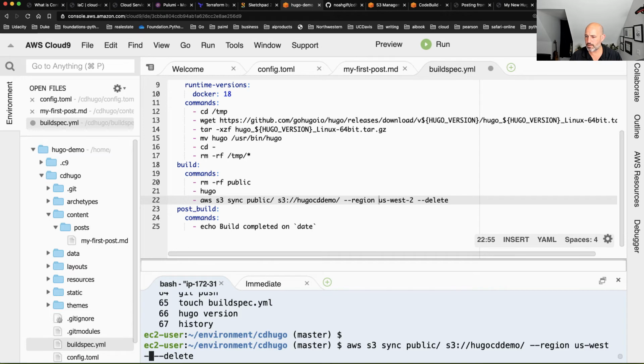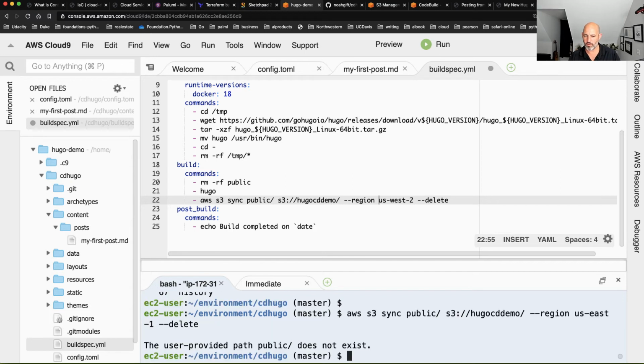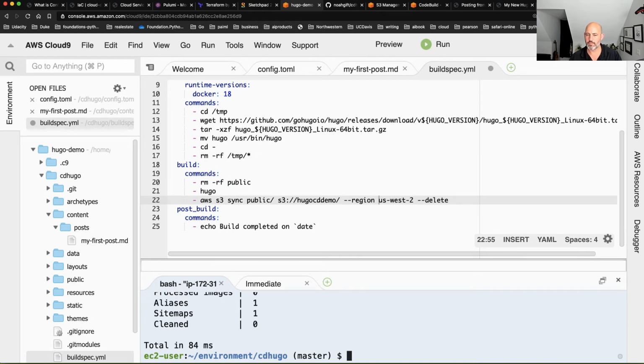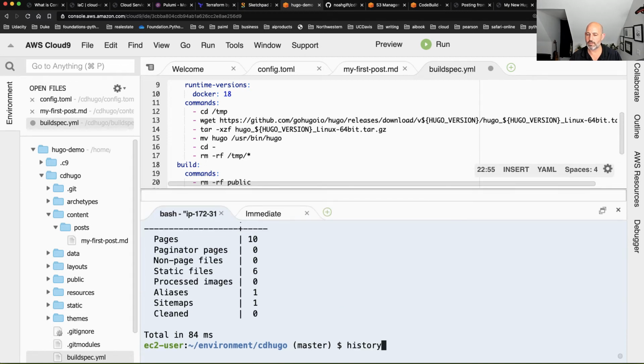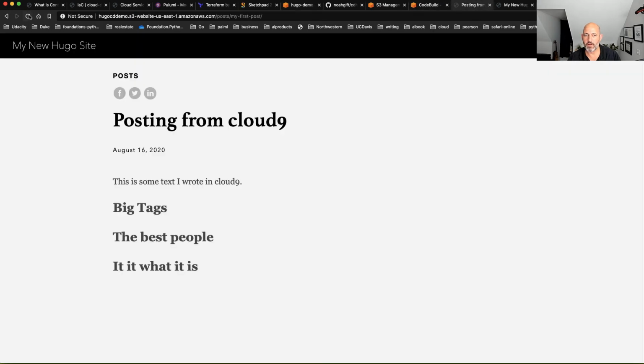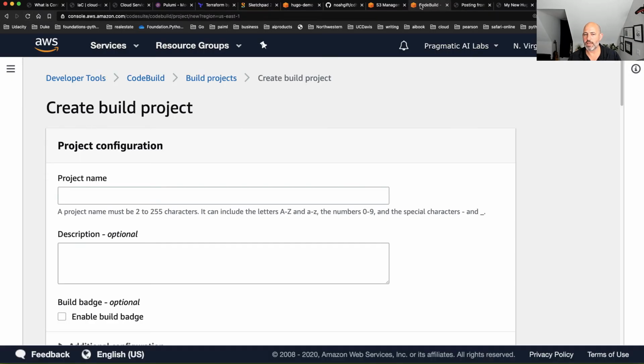So this can be a little bit irritating sometimes, to make sure that you've got the exact region deploy commands. Let's see. Oh, I have to type in Hugo again to create the files. There we go. And then let's see if this deploy works. Sync to US East, does it work? Well, looks like it works still. And if I go back here and refresh it, okay, it doesn't look like there's a problem doing this. So I can keep it with Northern Virginia just to keep it really simple.